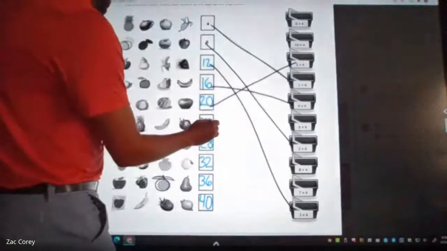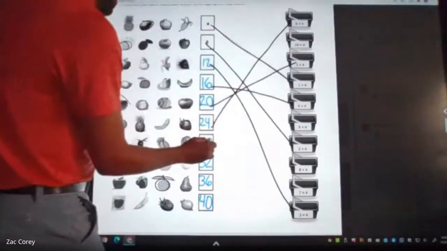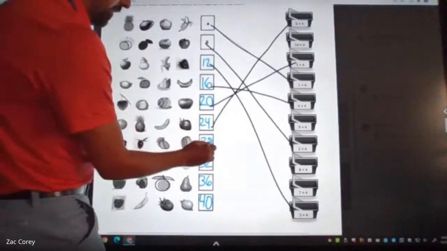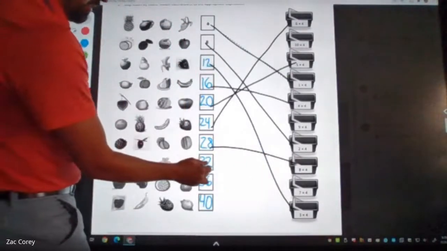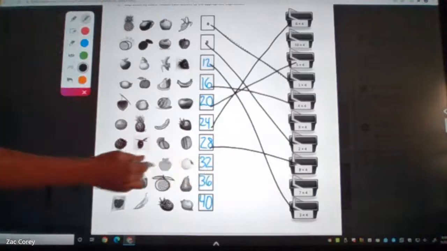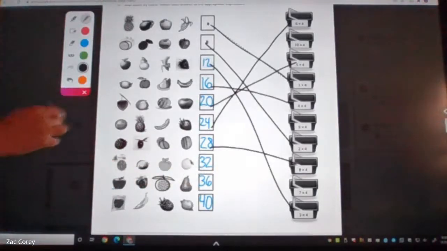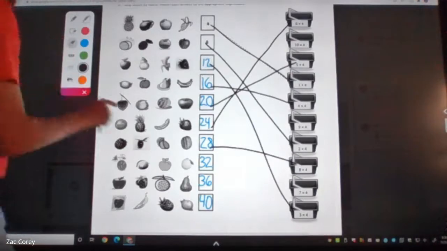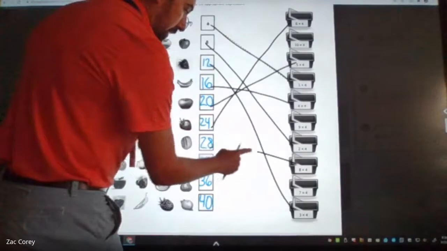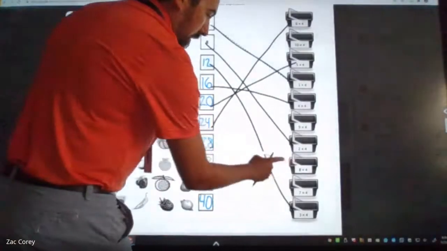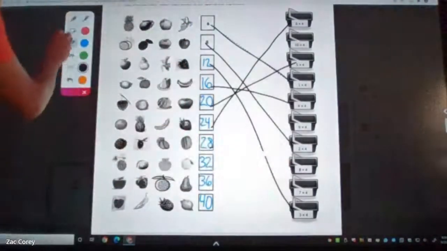All right, so welcome back. If you pause me, I'm connecting the dots now. Or I shouldn't really say the dots, but I'm connecting the numbers to the, whoops, and I just messed that one up, didn't I? Yep, let me fix that. I'm connecting the numbers to the baskets because depending on what number we have to match it up with the